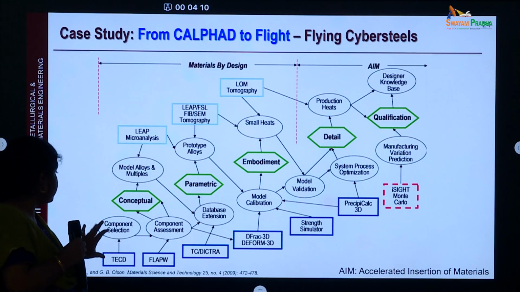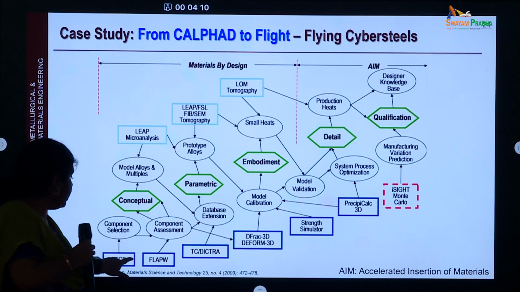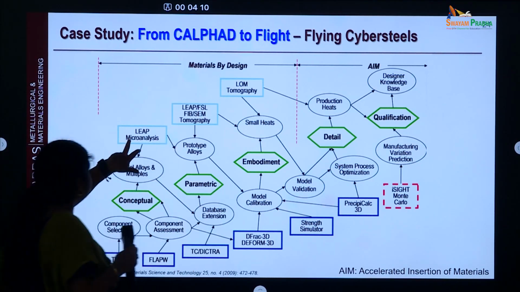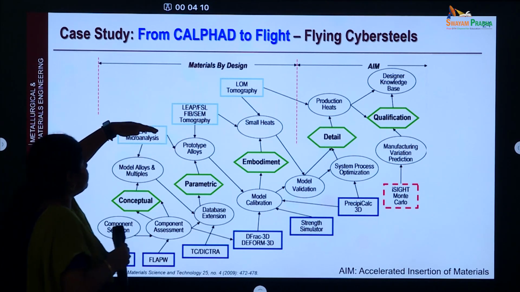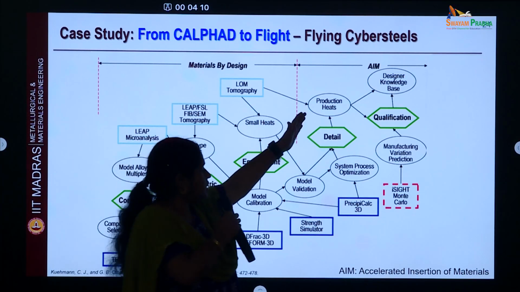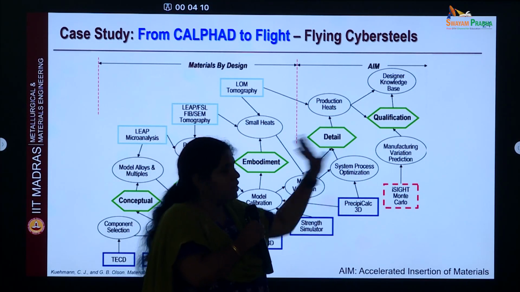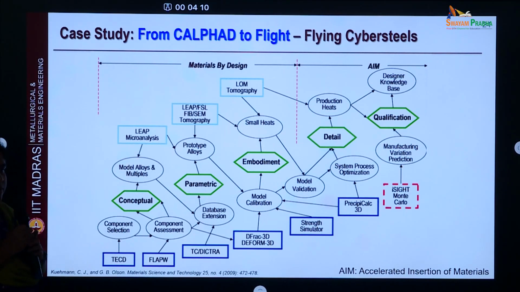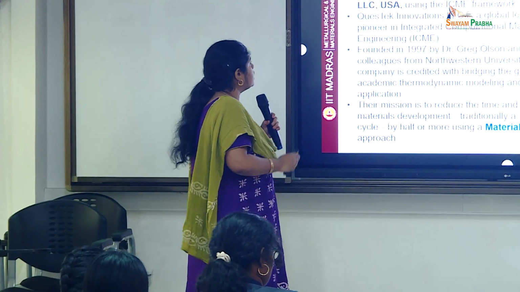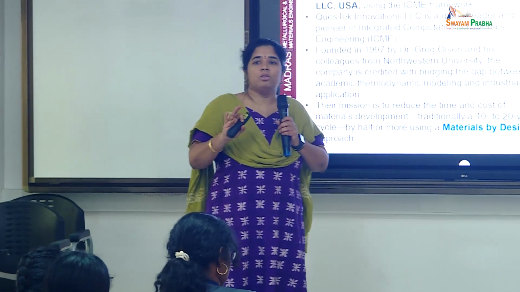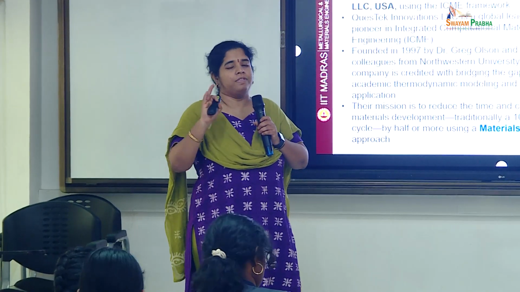What it shows here are the computational techniques used in the different parts of the development, and these are the experimental techniques used. Experimental techniques are mainly used during the materials design only, but when it comes to accelerated insertion, we mainly use only computational techniques. This is the full paradigm, which is quite complex, but how long it took, we will be seeing soon. So this is the case now. Instead of the 300M steel, they developed a new steel called Ferrium S53.